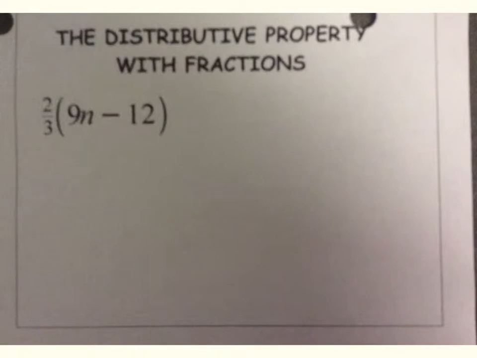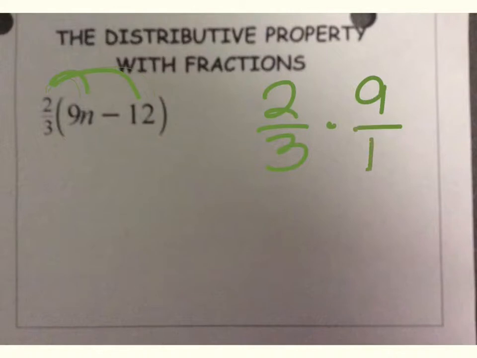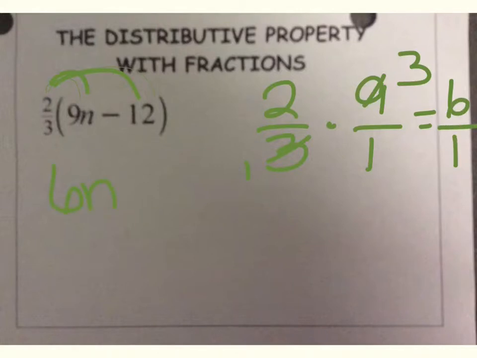Okay, so we're going to start with distributive property with fractions. So notice how the 2/3 is on the outside. So we're going to multiply our 2/3 times both parts. So we're going to do 2/3 times 9/1. You can cross simplify, so then that's 1 and 3. So then we get 6/1. So we have 6n. Then we have